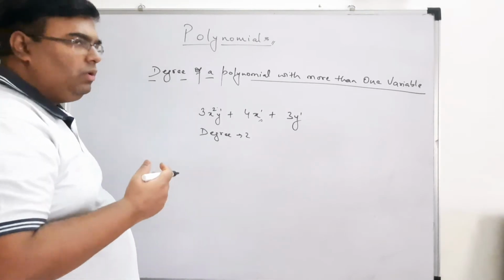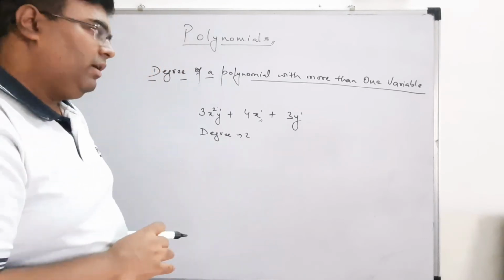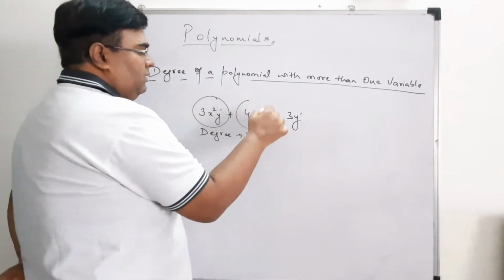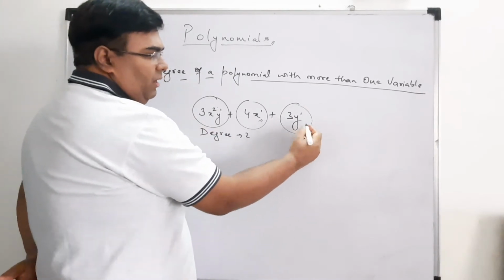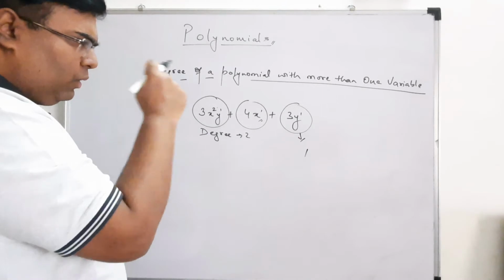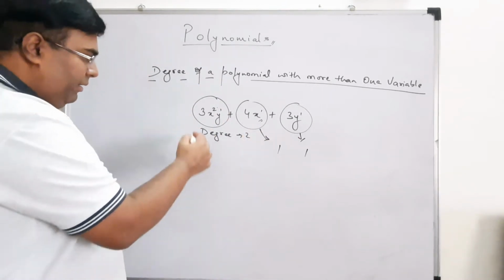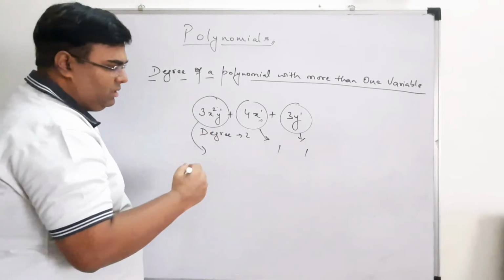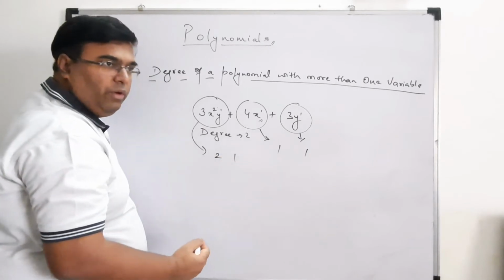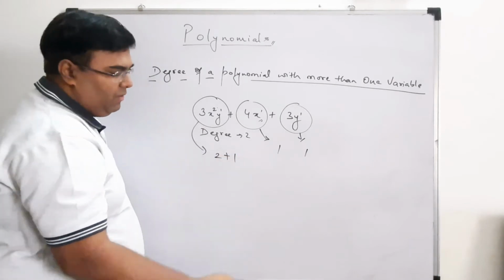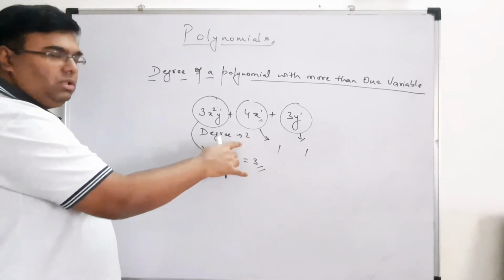Okay, what you need to do? You need to check all the variables in a single term, right? This is my one term, another term and another term, right? Here, what is the power of the variable? 1, because there is only one variable. Here also the power is 1, but here we have two variables. One, the power is 2, and for another power is 1. And what you need to do? You need to add those powers. So basically the highest power will be 3 and not 2.